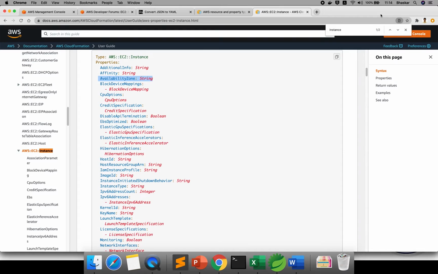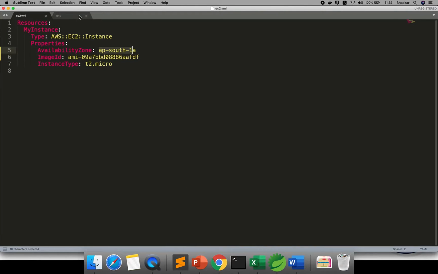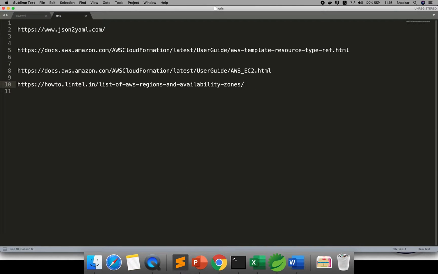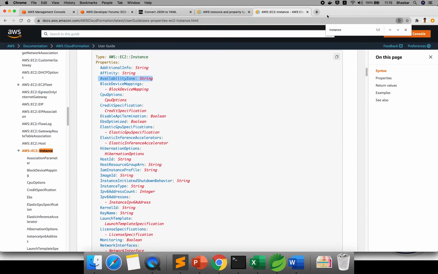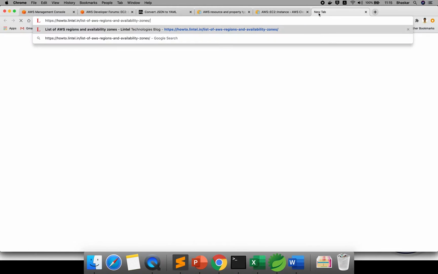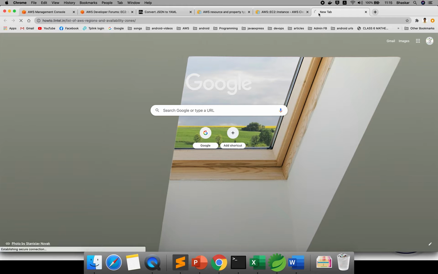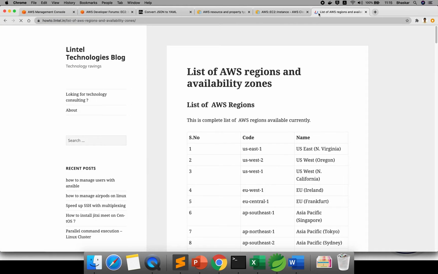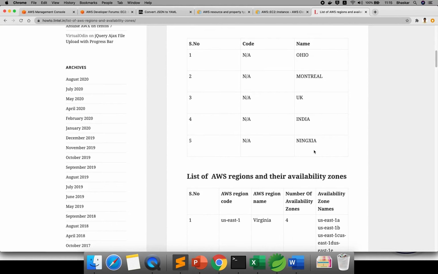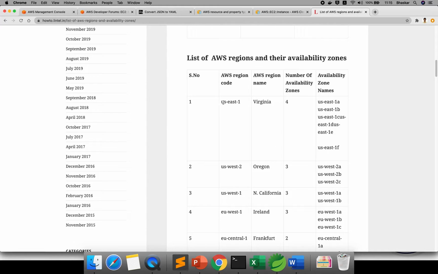For example, ap-south-1a. I have one URL for you where you can choose your regions. Let me open it. If you go down here, you see the AWS region code, like us-east-1 for US East Virginia, and these are the regions.